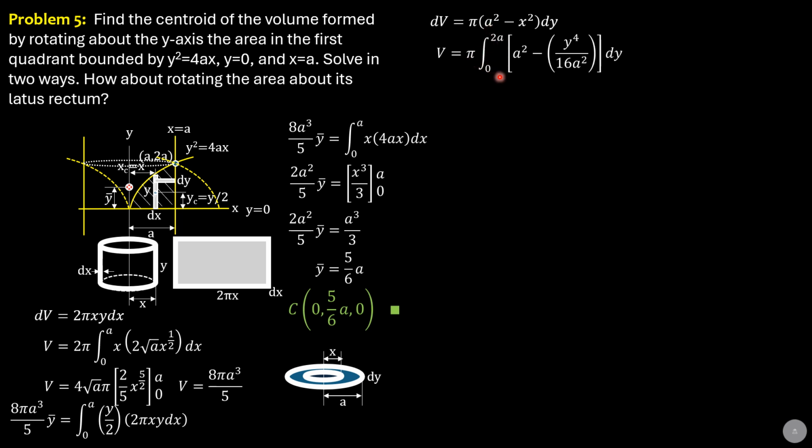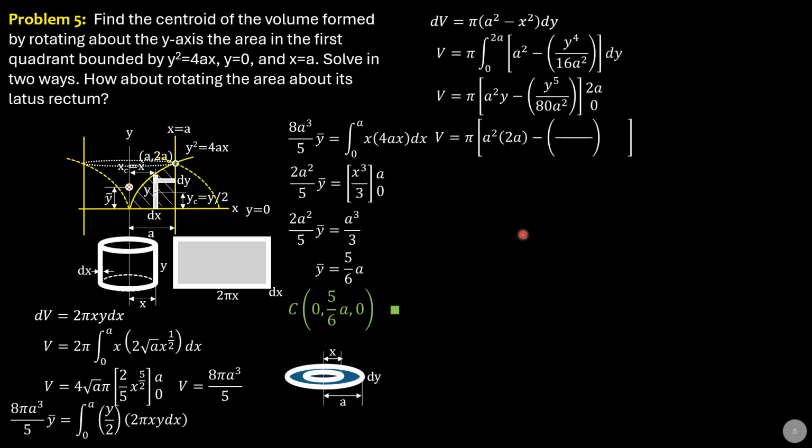Evaluating the integral, that would be pi integral 0 to 2a. So pi quantity a squared y minus y to the fifth over 16 times 5, which is 80a squared, from 0 to 2a. So the first, after we substitute 2a, is 2a cubed. So volume equals pi quantity 2a cubed, minus 2a to the fifth, or 32a to the fifth, divided by 80a squared. You can simplify that, then minus lower limit 0.